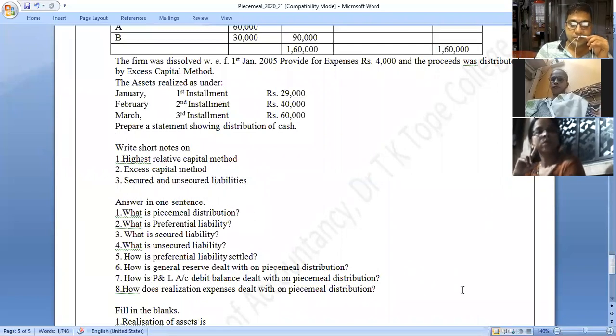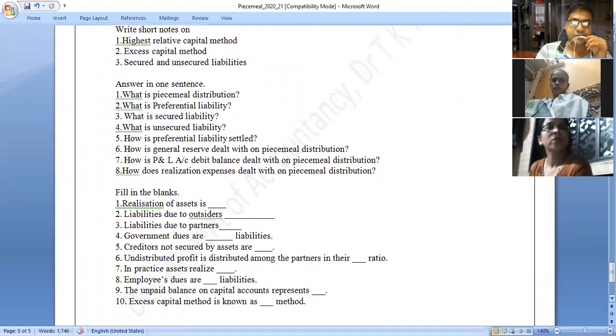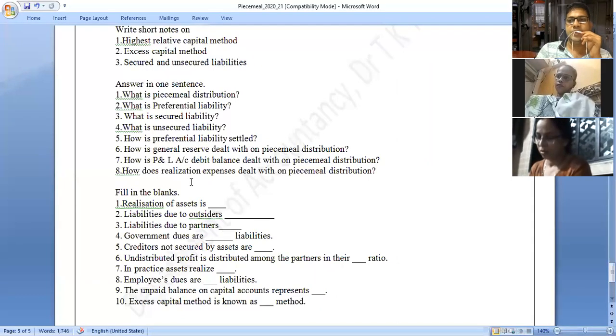Okay, fine. Then after that, I want these answers because you have 2 days of holidays, Saturday and Sunday, I think. You can easily solve these in your notebook. Then the fill in the blanks. There are 10 fill in the blanks. You have to solve them, and these answers are in our notes, page number 1 and page number 2. If you see that, the answers are there.